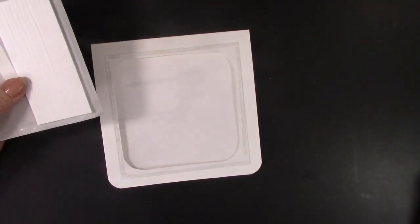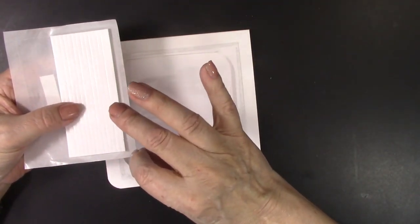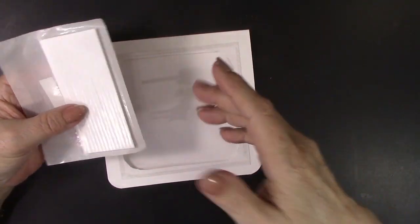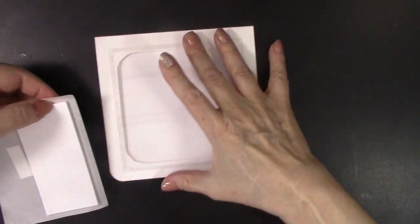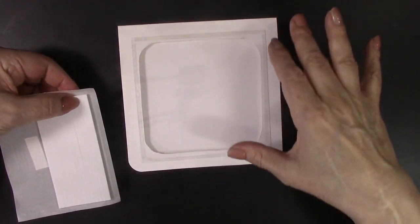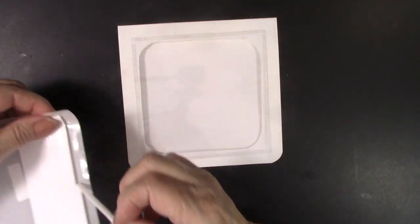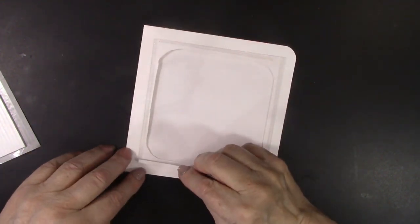I think the easiest way to make a shaker is to use foam strips like this. Mounting tape you have to cut in half and maybe put a second layer on. These foam strips are a really good height, and it's very easy to get them secure around the corners so nothing comes out. So I have been making easy shaker cards with these